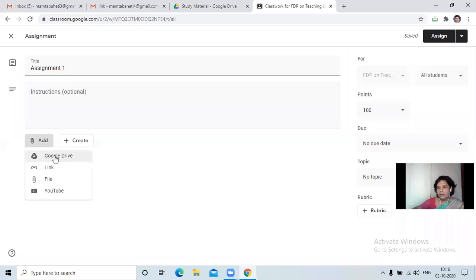That is Google Drive, second is link, third one is file from your computer or laptop or pen drive, and a YouTube clip also. Because it might happen, like suppose some physical education assignment has to be given. So it cannot be a descriptive one.